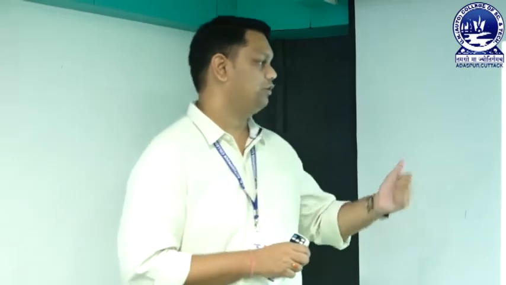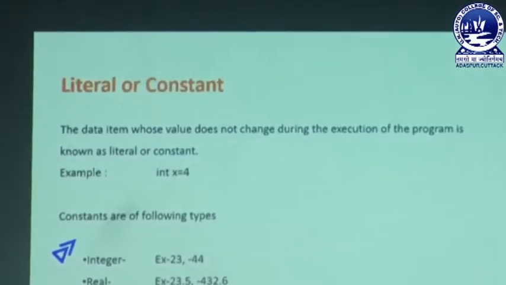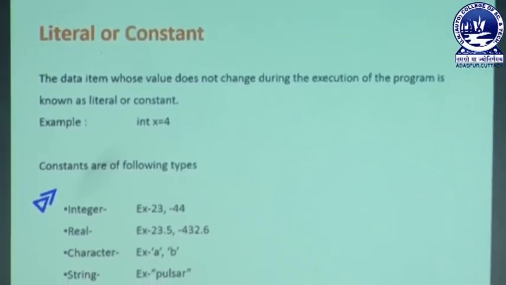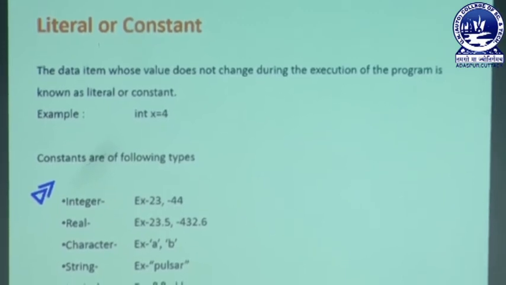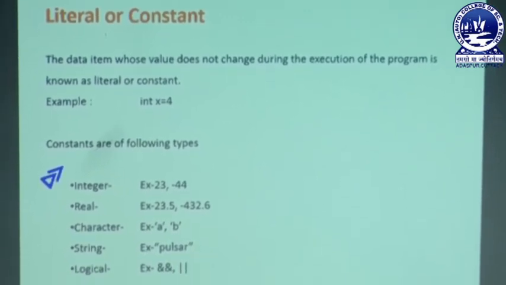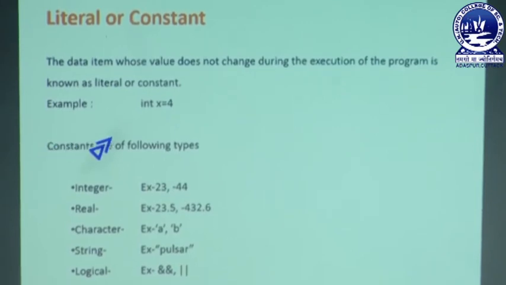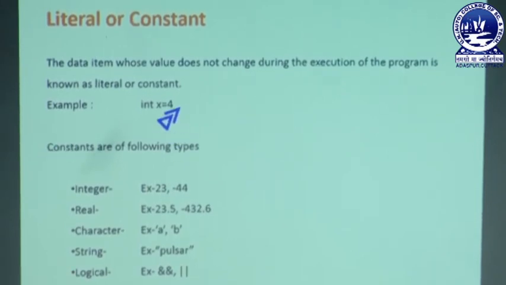That is why all the values are constant, because they hold a constant value. We cannot call 4 as 5. The value of x is changing, but we cannot call 4 as 5. That is why we call it constant. So what do you mean by constant? It is already written, the data item whose value does not change during the execution of the program is called constant. So here is an example, I have written int x equal to 4. Here x is a variable because the value of x is changing, but we cannot call 4 as 5.